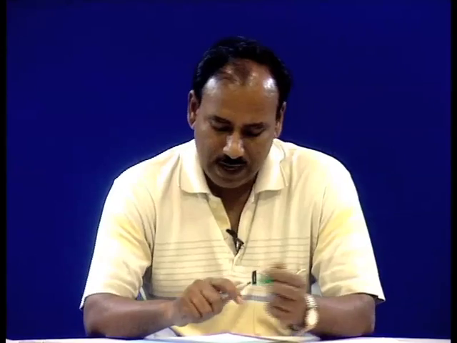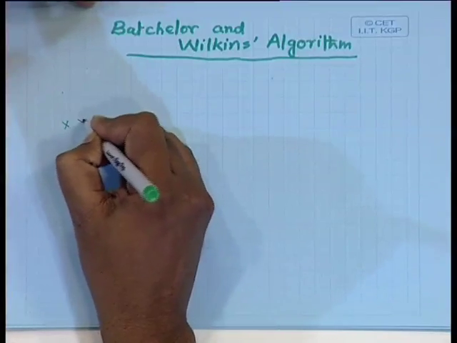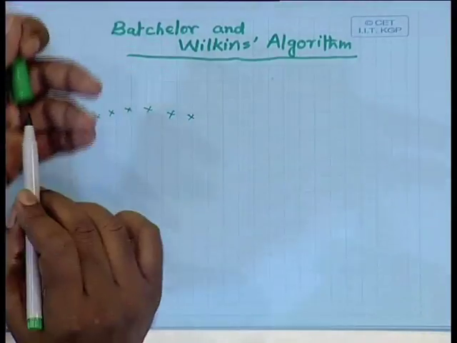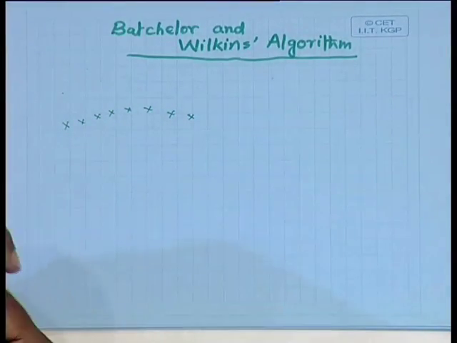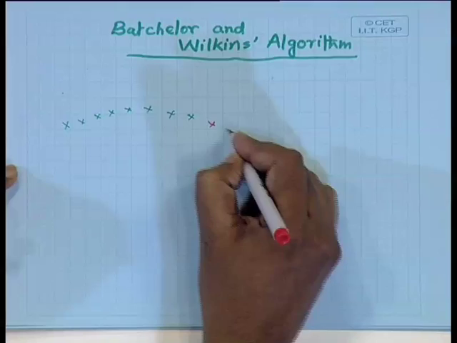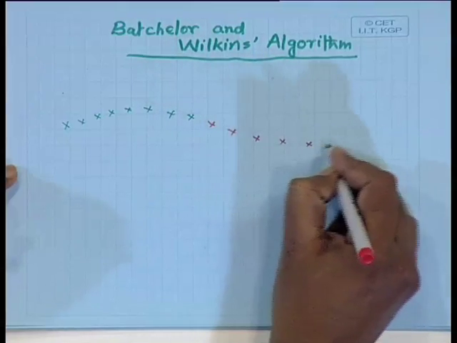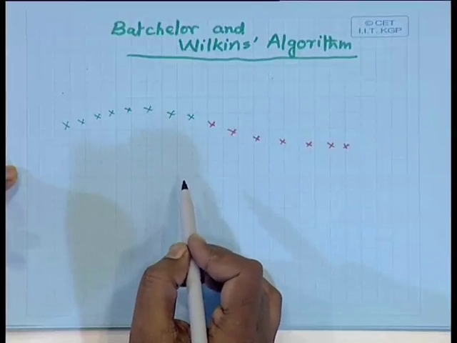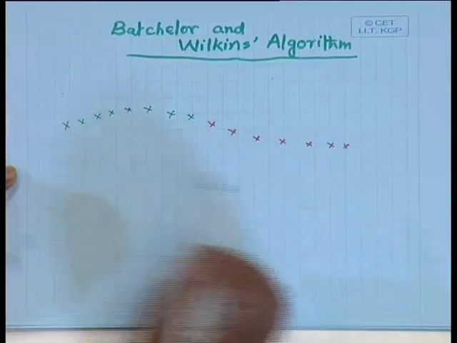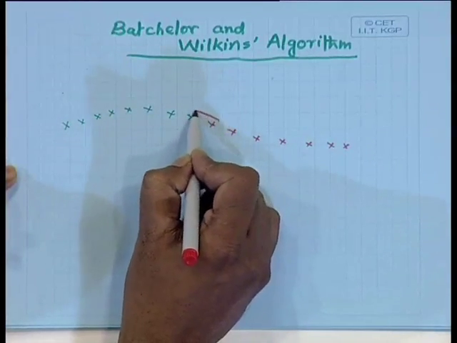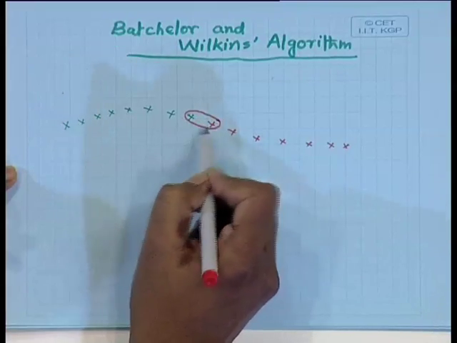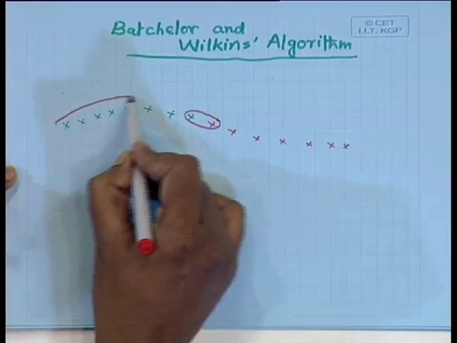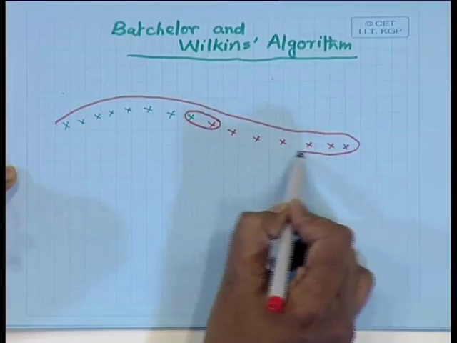If I have a linear set of feature vectors like this, suppose this is one set of feature vectors and the other set is something like this, then as the single linkage algorithm finds the distance between the nearest pair of points, the distance between these two points will be minimum, and this may be below the threshold. In which case this entire set of points will be put into a single cluster,